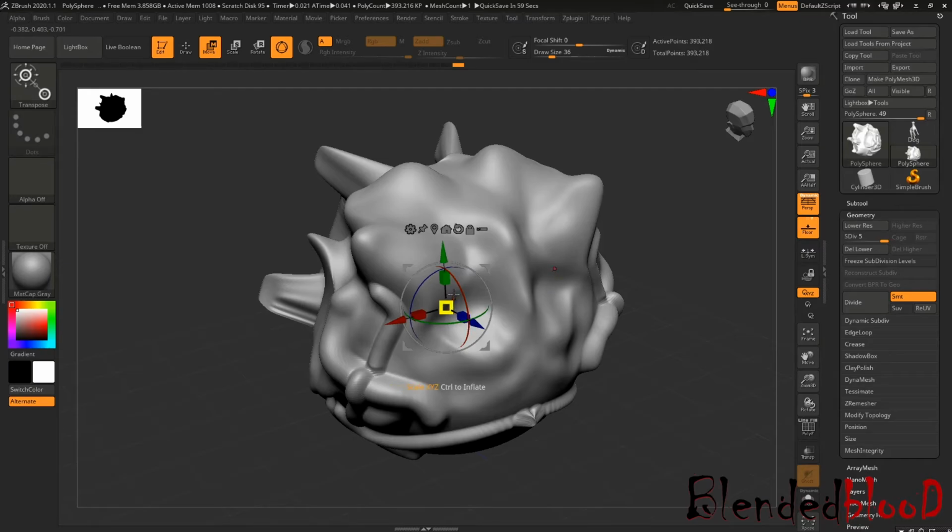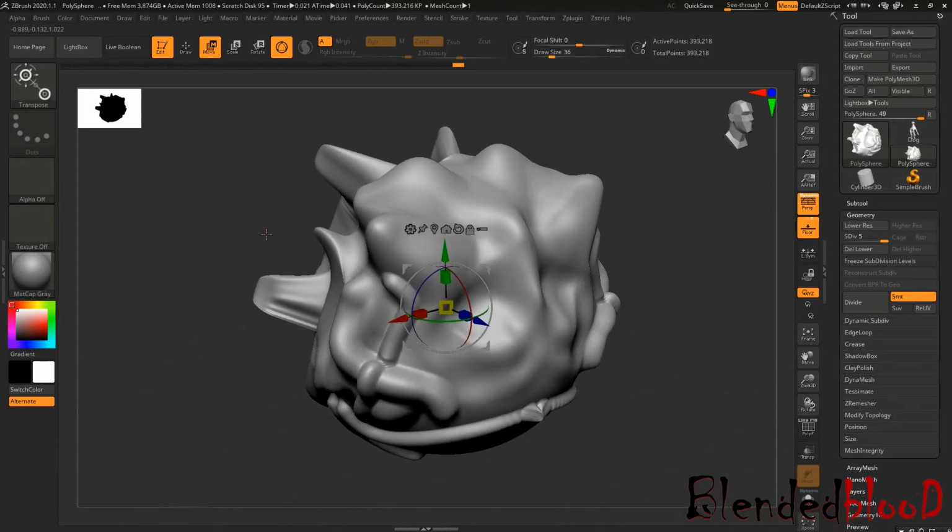If you notice, the green, blue and red arrows indicate translation. The box will be used for scale. Rotation will be used to rotate, as we use in 3D software.